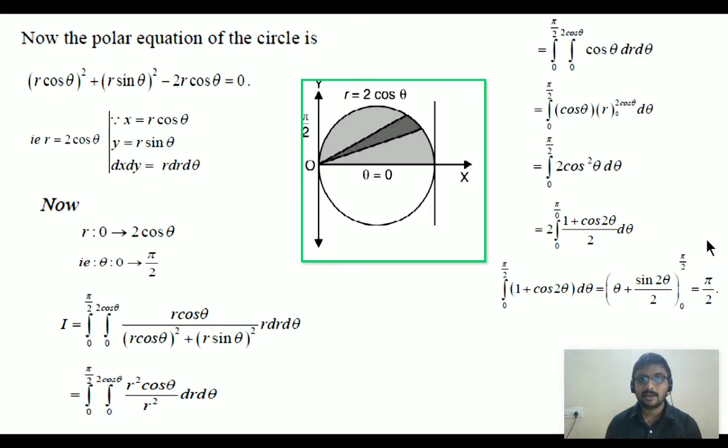So simply we can obtain the result of the given double integral, which is in the Cartesian system, by changing into the polar system. We can evaluate the double integral problem easily. So it is the main use of change of variables. By changing into the polar system we can evaluate double integral or triple integral problems very easily.